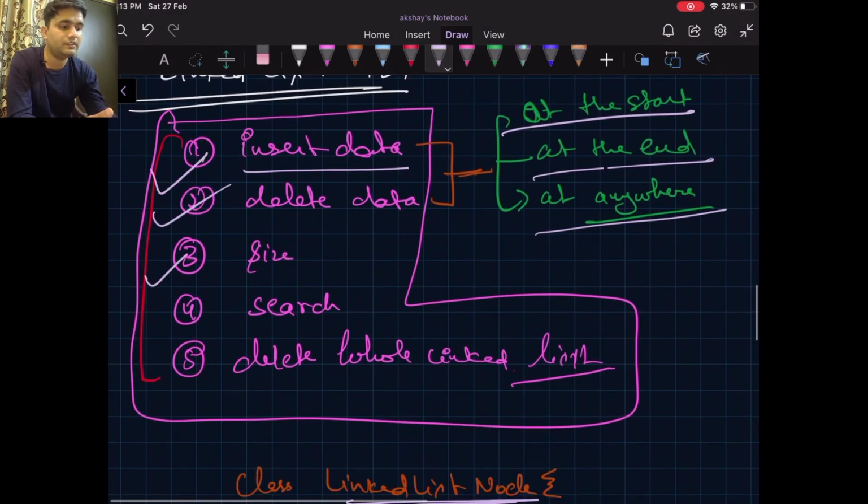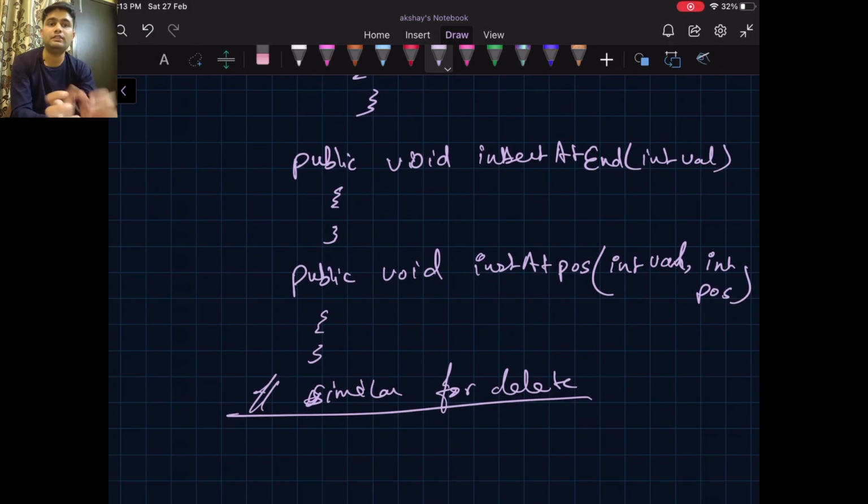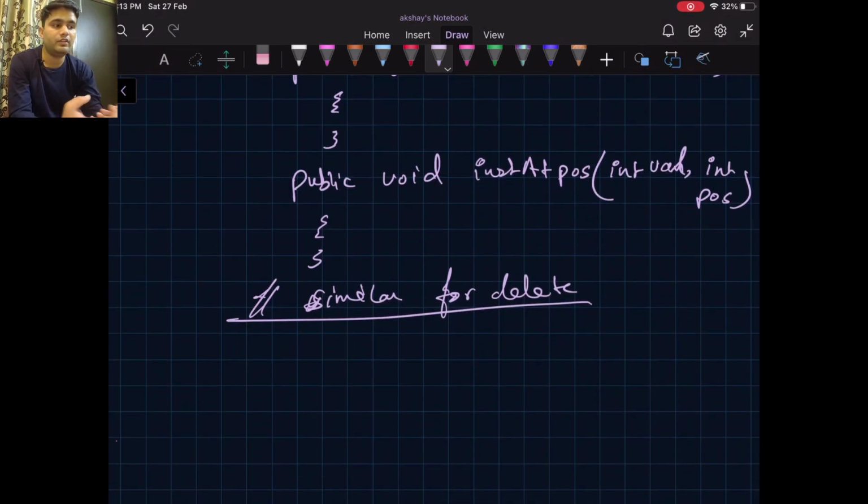Now the size. While inserting values in the linked list, we will be maintaining a long or an integer to describe the current size of the linked list. So whenever the user asks for size, we will simply return that variable that we are maintaining for the size of the linked list.